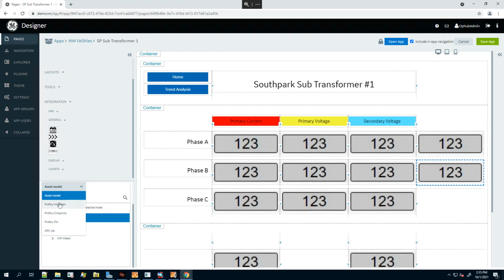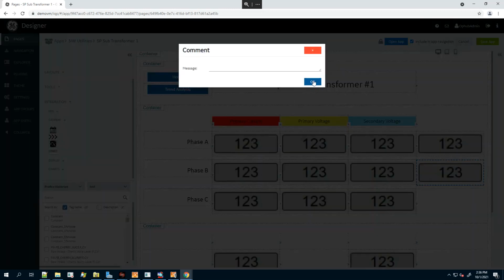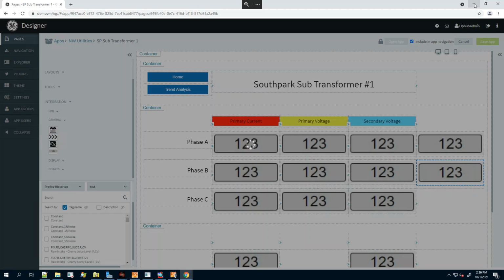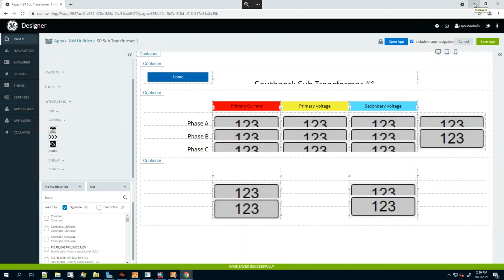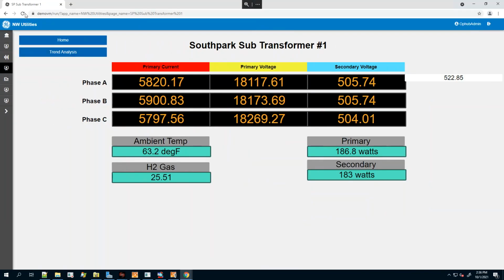again, either from my asset model, or I can just search the historian directly. And if I pick a tag here from my asset model, or from my historian, I can just simply drag and drop that tag right onto that object. That data source then is bound to that object, so that when I save this and go back to my page in the runtime view, so that's now saved, and if we maximize this and then refresh it,